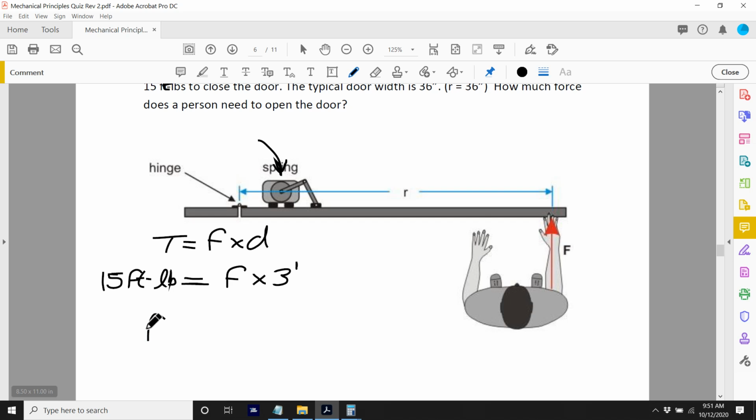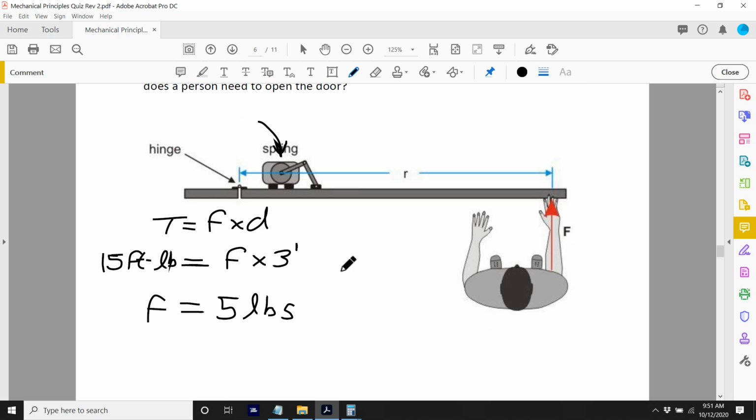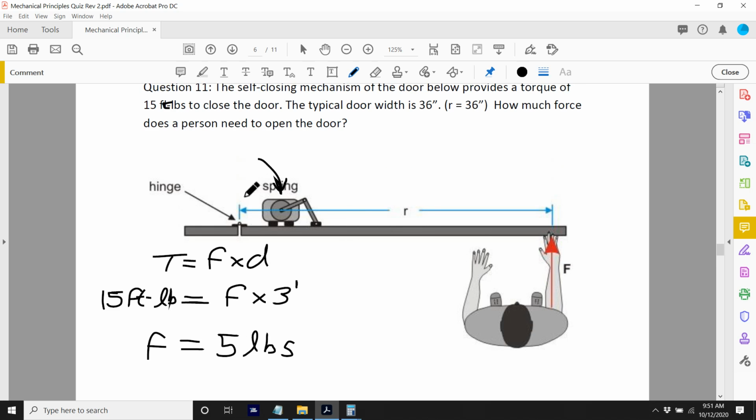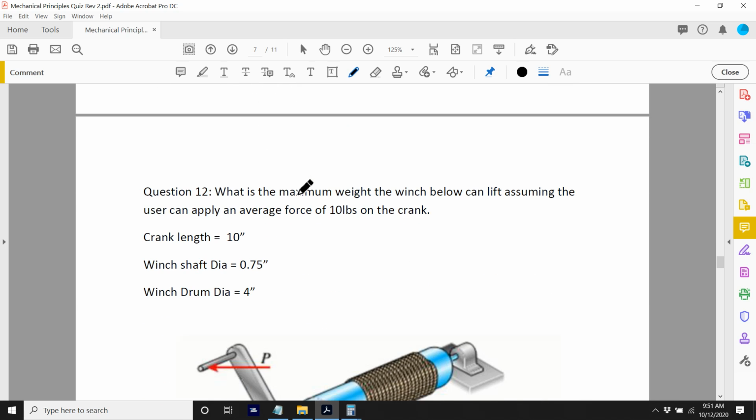So the force, I divide 15 divided by 3, and I'm going to get 5 pounds of force. So how much force does a person need to open up the door? At least 5 pounds. If it's anything under 5 pounds, God love them, the spring is too strong. So that's it. 5 pounds of force. Now,